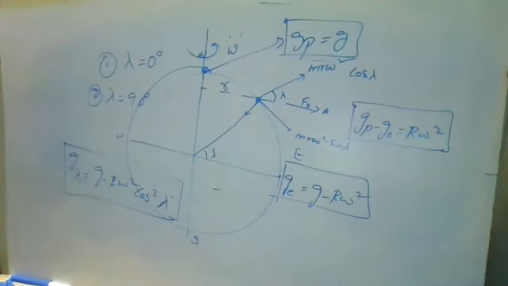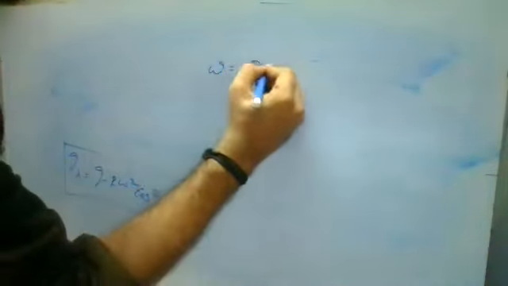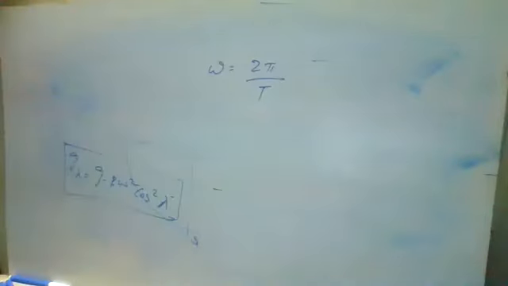So we need to find G lambda. Lambda value is 45 degrees, and we have the radius. Omega we need to find. Omega is discussed with respect to the rotation, so we have to convert the rotation period into seconds. So we will see the relation. Omega is nothing but 2 pi by T. You already know it, you may have discussed it in oscillations. Omega is equal to 2 pi by T. It is your angular velocity.